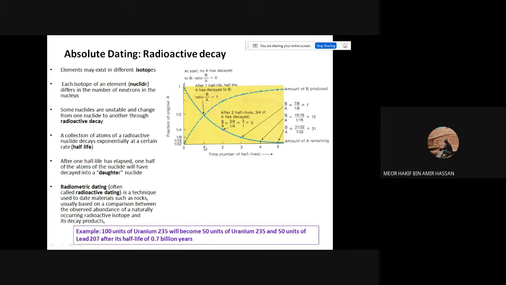So after the same amount of time, after time number 2, half of this also changes to the daughter nuclide. And so on, and so on, and so on, okay? The rate is constant. You can use it as a clock. So yeah, radiometric dating is a technique used to date materials such as rocks, usually based on a comparison between